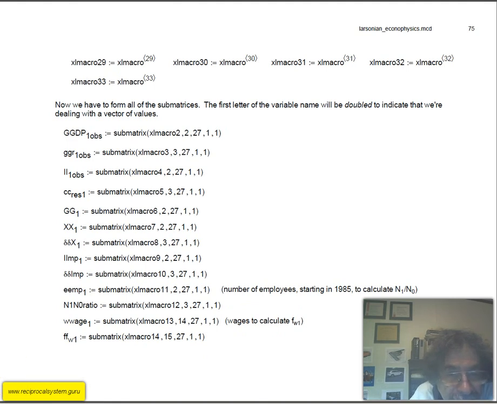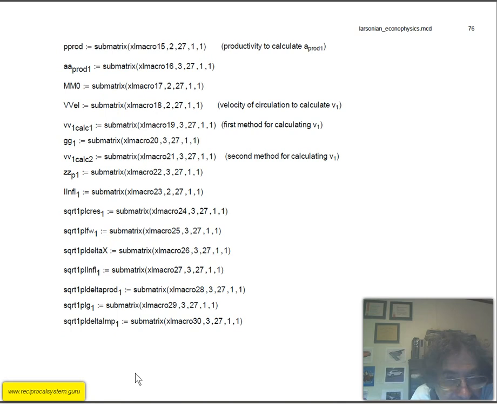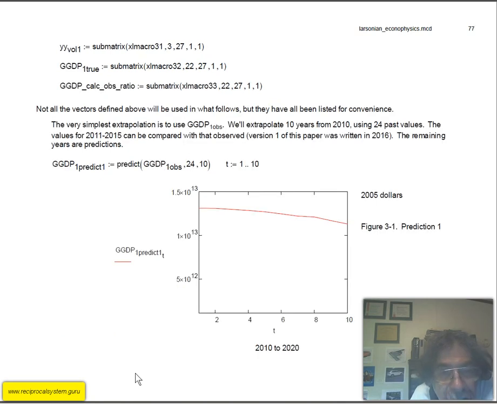Okay, so now I just get all these submatrix values to use in what follows. It's a lot of them. So not all the vectors defined below will be used in what follows, but they have all been listed for convenience. Okay. So the very simplest extrapolation is to use